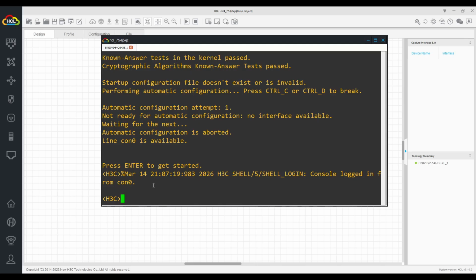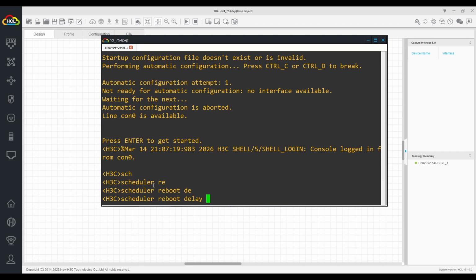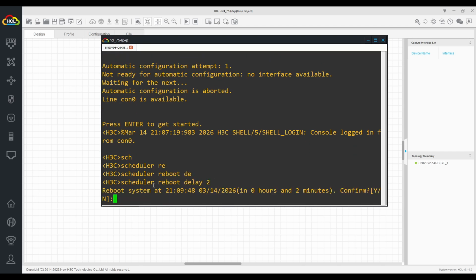Okay, now let's do the same example, but in this case we imagine that we do everything we want and we didn't lose any connection, everything is fine. Okay, let's do scheduler reboot delay again and let's say 2 minutes. Also you can specify how many minutes, or you can specify an exact hour and time. So for example, now it is 9 o'clock PM, you can specify 10 o'clock PM to reboot. However, let's confirm this for 2 minutes